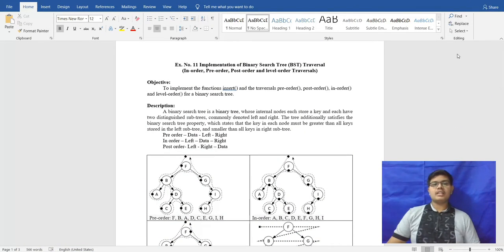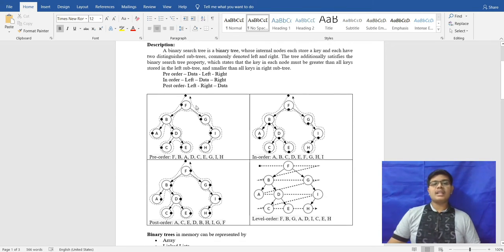My name is Arshil and this is Data Structure and Algorithm Lab experiment number 11, implementation of binary search tree. A binary search tree is a tree which contains a parent, left and right. This is the parent, this is left and this is right. In a binary search tree, the parent node is the root node, also called data. The left node is called the child node, and this is also known as a child node.